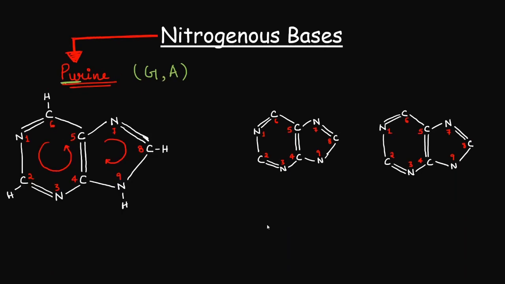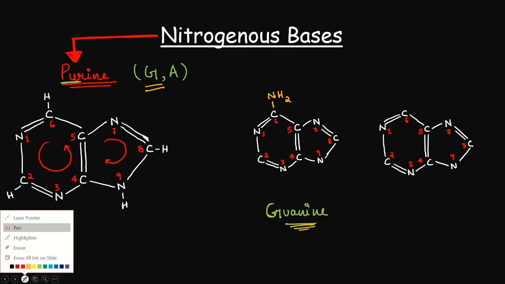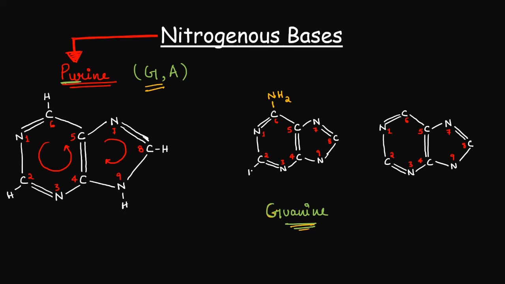So here we have drawn the skeletal structure of the purine ring. In case of guanine, there is one amino group on the topmost carbon, the 6th carbon of this ring, and that's it. Guanine ring is ready. Now to balance the electrons, 1, 2, 3, 4 bonds are there. For nitrogen there are 3 bonds. For carbon there are only 3 bonds, so one hydrogen. For nitrogen 3 bonds. For this nitrogen 1 hydrogen, 1 hydrogen.